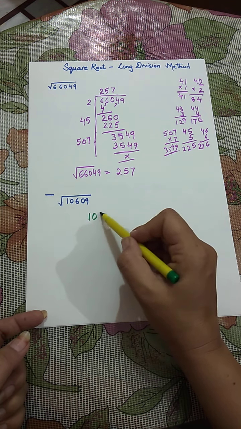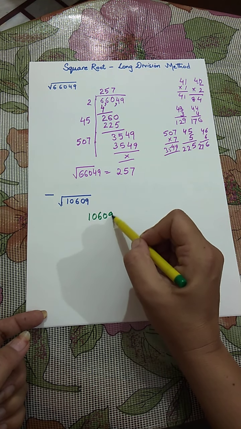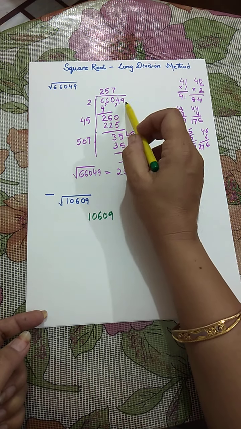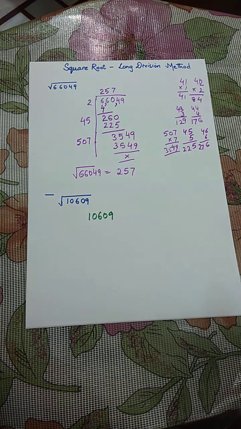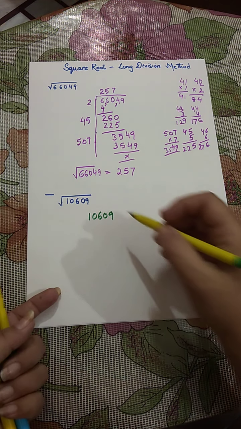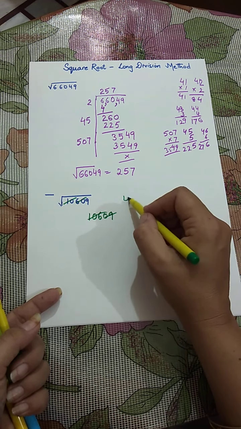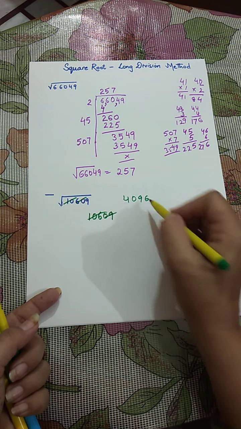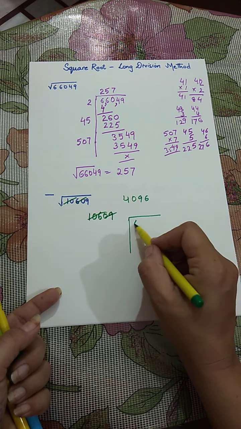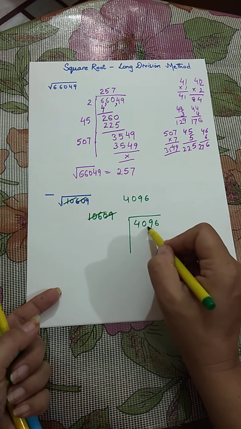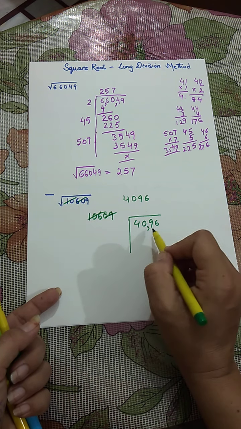I will just tell you how to form a pair. Rest of this was actually odd numbers. Now let me take an example of an even number so you get to know. Suppose you have to find the square root of 4096. How you are going to make a pair is that since it is an even number, you will get a pair over here like this.